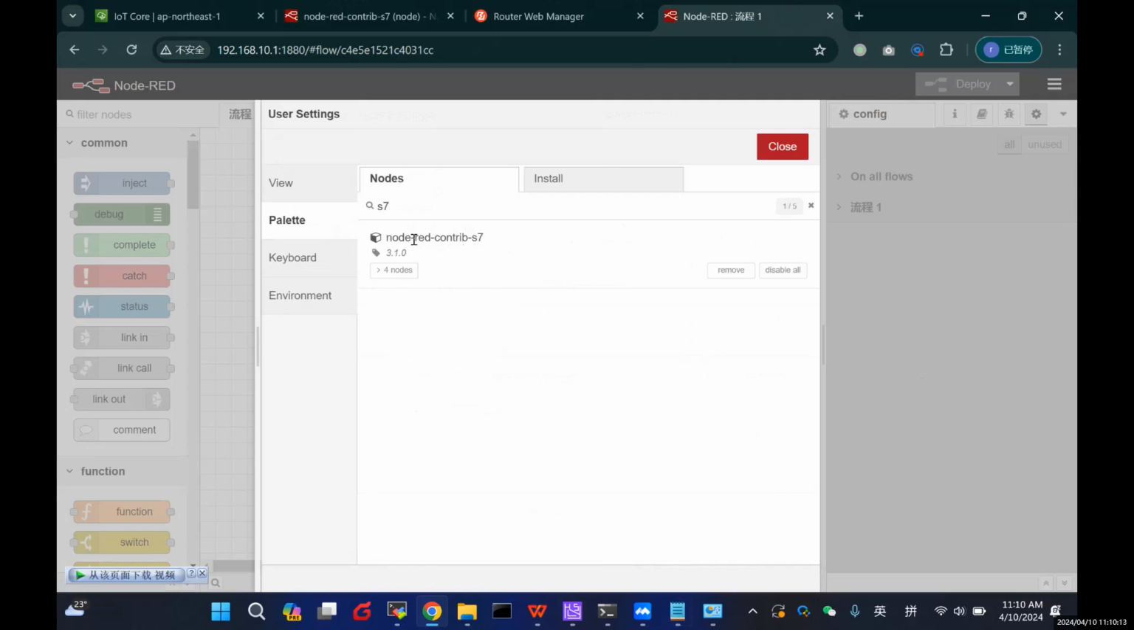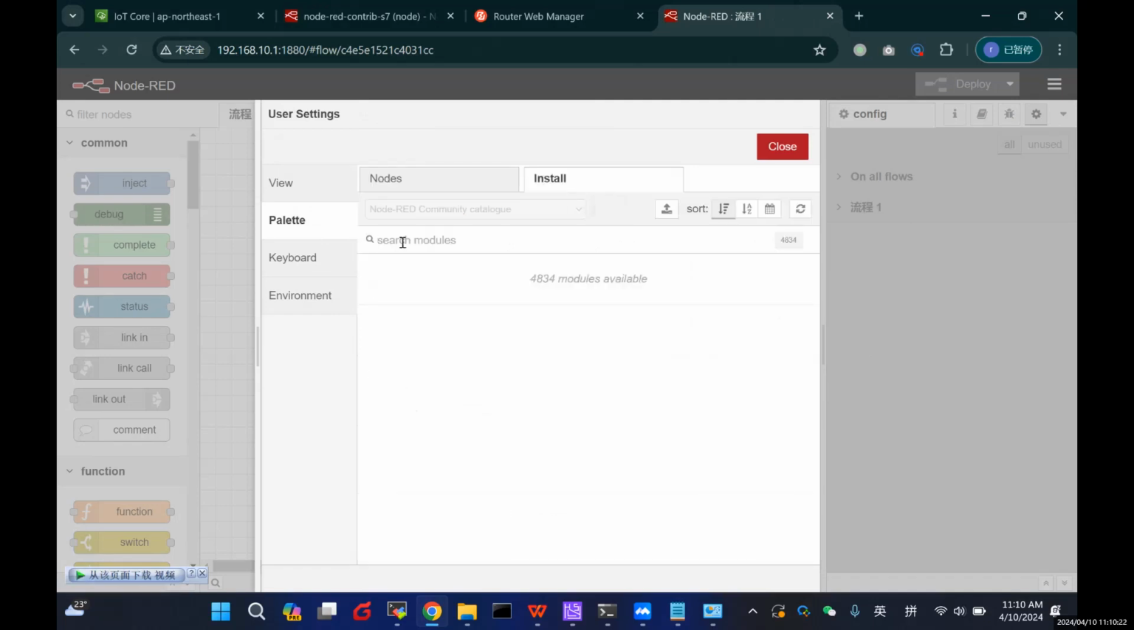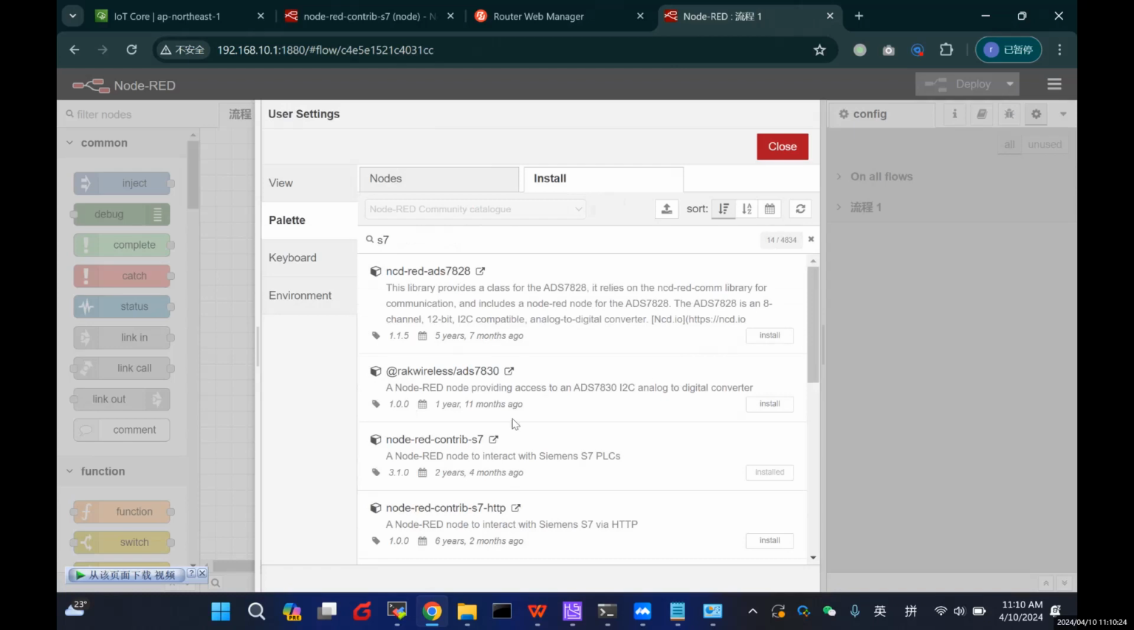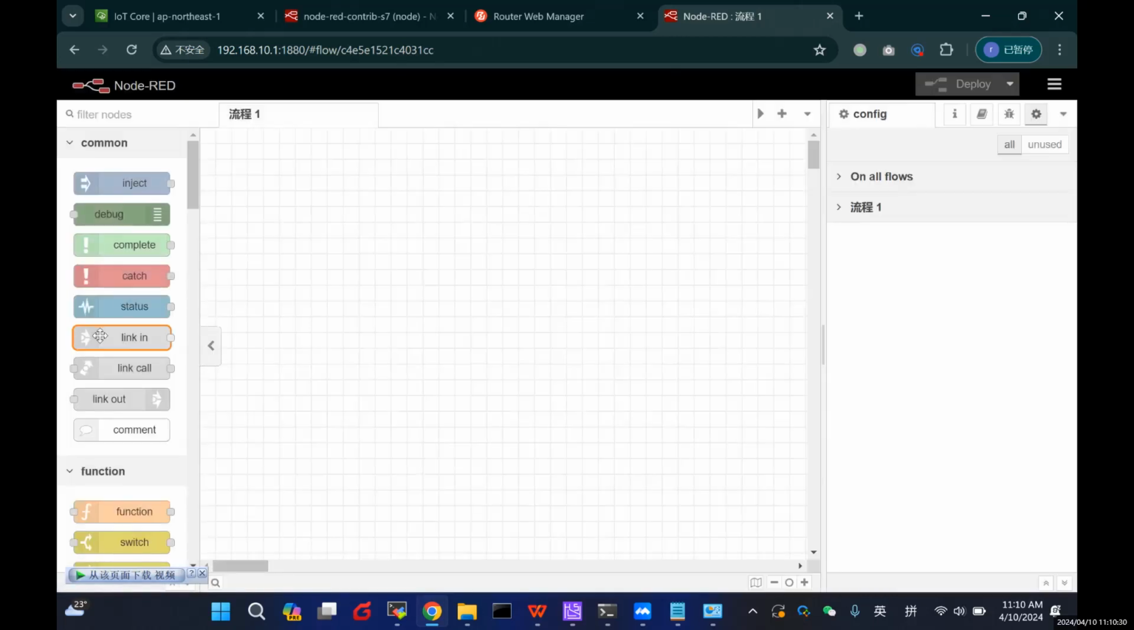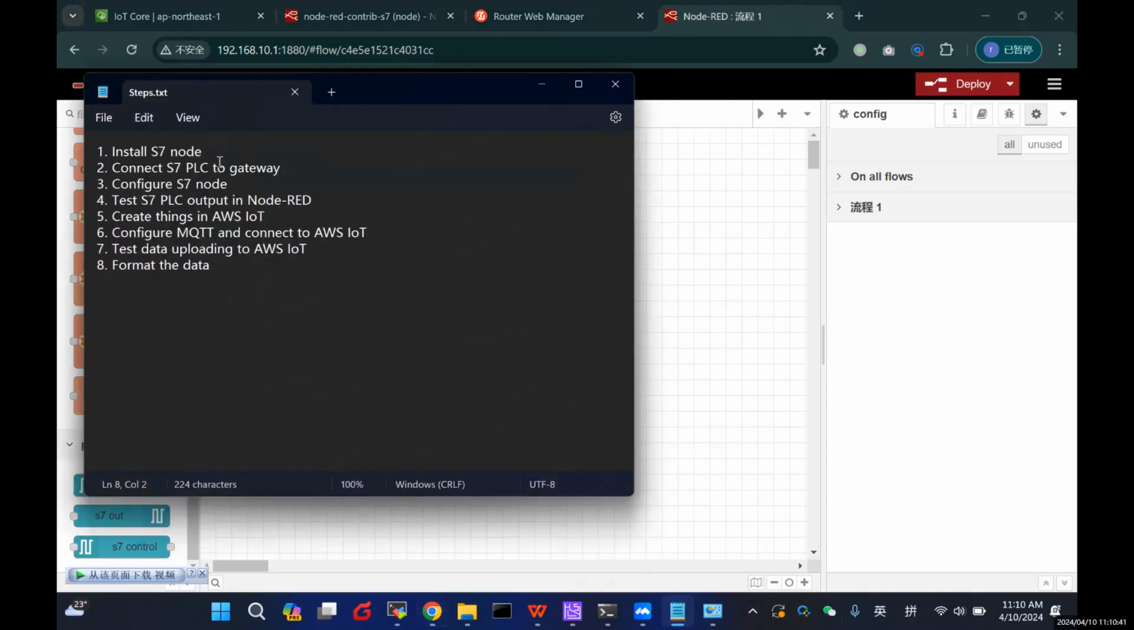The name is node-red-contrib-s7. When you want to install it, you can go to install and search node. This is the one. It's installed. Okay, once you install it, you can find the node here, this node S7 in. So after you install the S7 node,